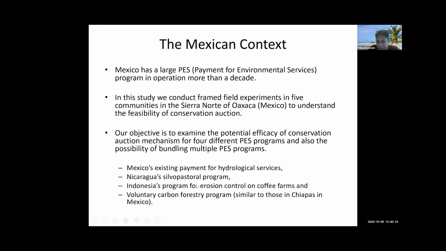In Nicaragua, there is a silvipastoral program. Basically, you plant trees on land, you plant forest plants, and so on. In Indonesia, there is a soil erosion program in the coffee farms. So since Mexico has a lot of coffee activities, coffee farming, we wanted to implement that program. And then a carbon capture program. Basically, these are much more mature timber forests and so on. And other places of Mexico have some programs, and we wanted to try it in Oaxaca, where we are